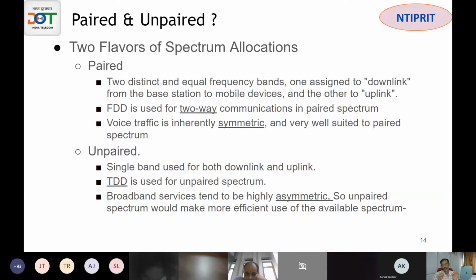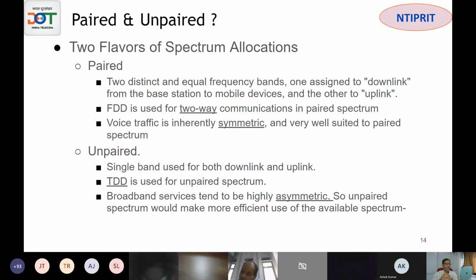Suppose you say 700 megahertz, which is called band 28 in the LTE band nomenclature. That is already defined by the ITU, the international bodies. It is an FDD spectrum. Its uplink may start from approximately 700 to 740. Then there will be a guard band of 5 megahertz, then some 762 to 805, something like that. So that 45 uplink and 45 downlink separately is already predefined. Similarly, 800 and 900 are all FDD, 1800 is FDD, and up to 2100 all bands are FDD bands.